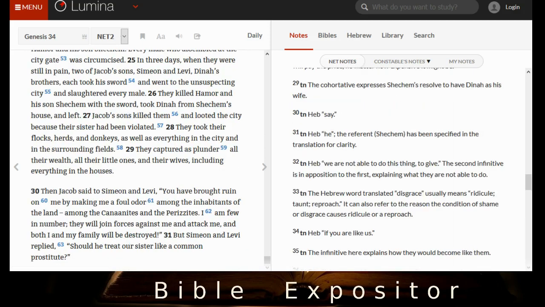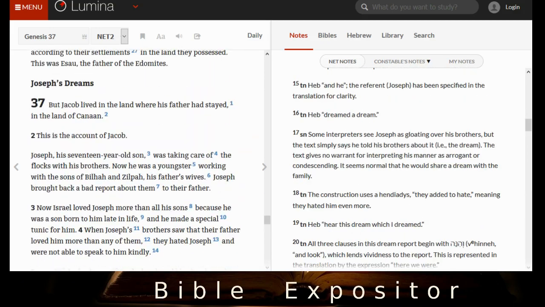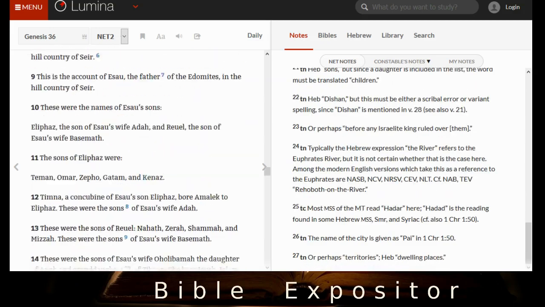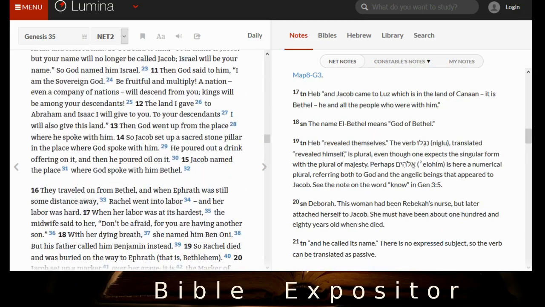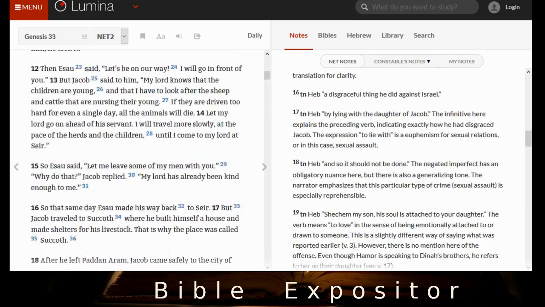And sometimes this thing skips on me and I don't know what it's doing, so I couldn't tell you right now what chapter we're even in. Okay, 37. That went a little farther than I expected. Sorry about that. We were back in chapter 32, so we'll try to get back up there.